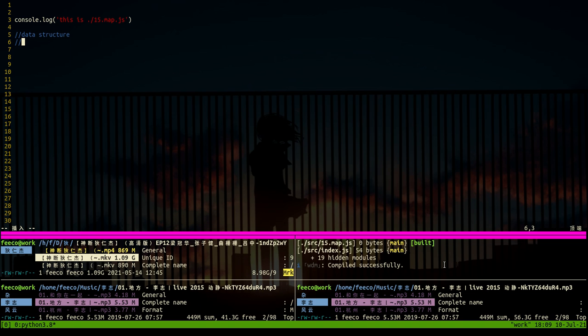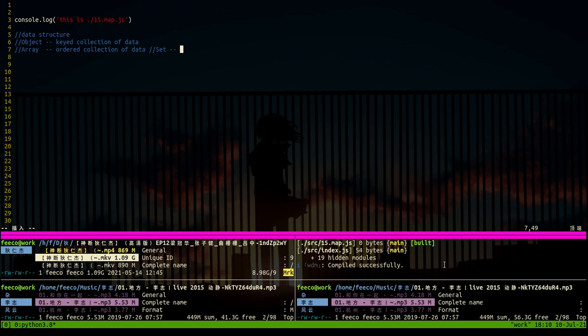And for those data structures like object, we know that object is a keyed collection of data, and array is an ordered collection of data. And yesterday we talked about set,